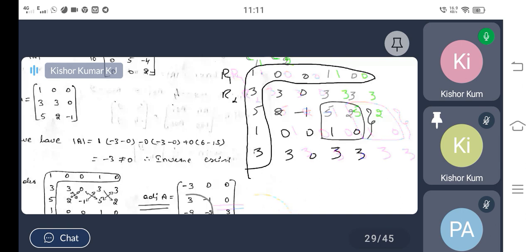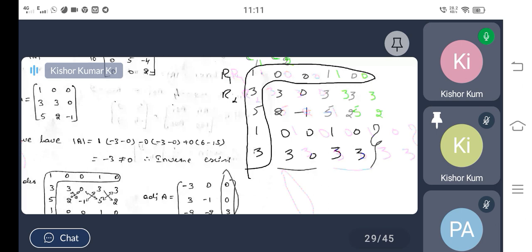Now after this, we have left only to find the third column. So here also we should consider the next 2 rows. Now we repeat the procedure. The column 3 answer is 0, 0, 3. See the first 4 elements, 0 minus 0, it will be 0. And the next 4 elements, again it is 0 minus 0. So it will be 0. The last 4 elements, 3 into 1. That is 3 minus 0, it is 3. So we got our adjoint of A.